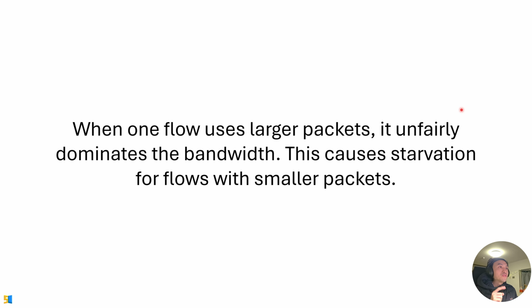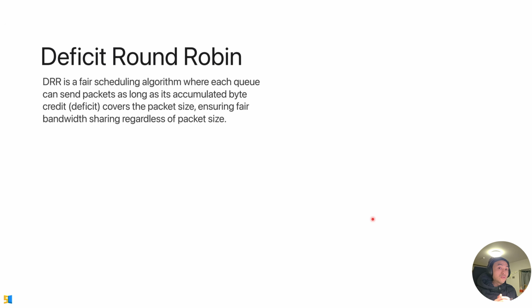When one flow uses larger packages, it unfairly dominates the bandwidth. This causes starvation for flows with smaller packages. Okay, so we have divided the packages into different flows, but the problem still remains. If one flow has a package size larger than the other flows, the starvation can still exist. So how can we solve this, right? The round robin scheduling is not just pick one from this and then pick one from there, but